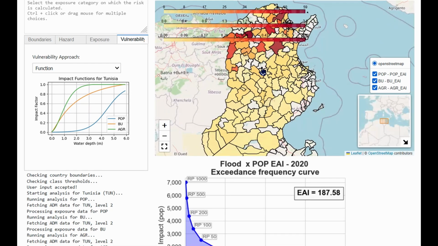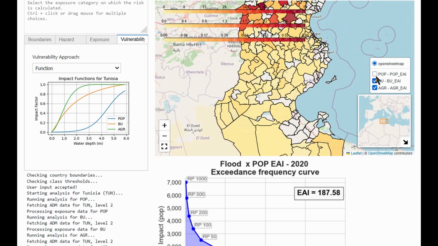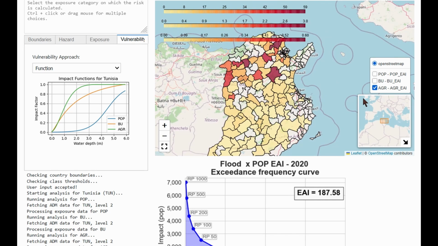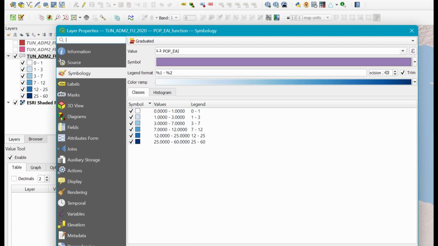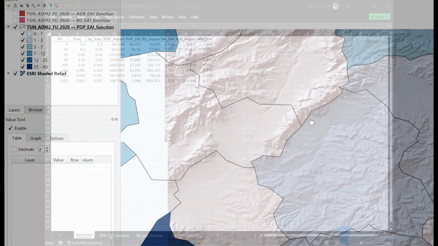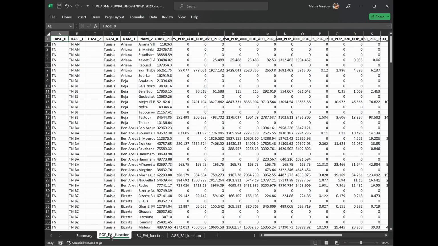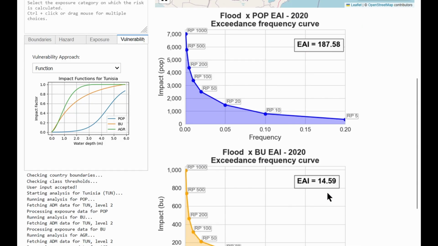Let's have a look at the results preview. The map shows the EAI output at boundary level, which should have also appeared in your output folder as a GeoPackage file. That can be loaded in GIS software to produce better-looking maps. Together with the geodata, you'll find an Excel file summarizing the results and the expected annual impact charts for all